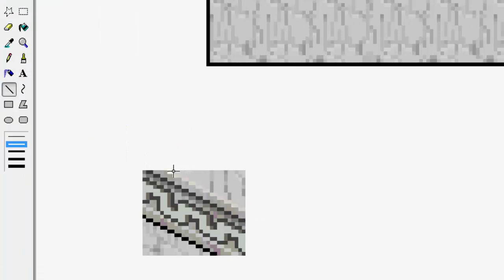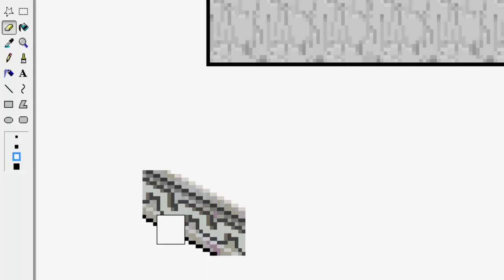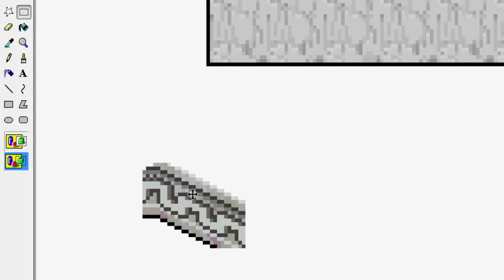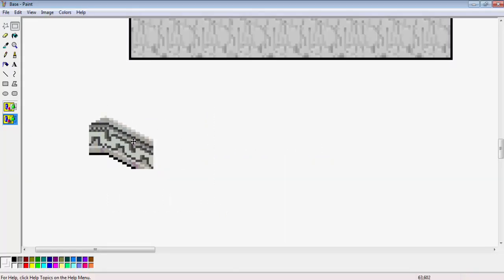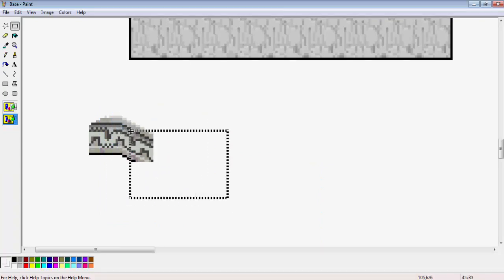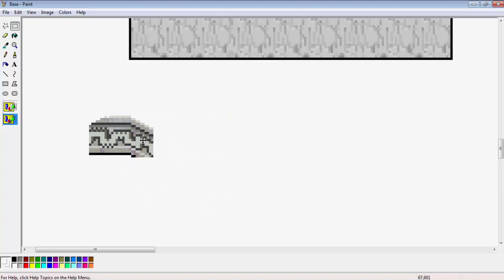Okay, now for the ornament, or maybe the patterns or whatever, the decoration of this wall. First, get rid of the wall. Now, as you can see, I am slowly dragging up to make it look as straight as possible. After you straighten up the patterns, make sure to fix all the trails that you made, and then